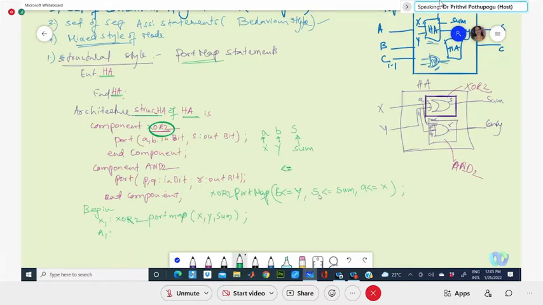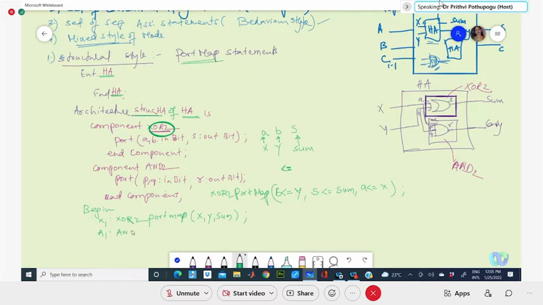See here, I can change the order. This is second input, first input, and output. I can change the order. You can shuffle them. The advantage here is that the order in which you assign is defined by the designer, and any signals that you don't want to assign, you can skip. Only the signals you want to assign, you can use. So both ways you can do it.